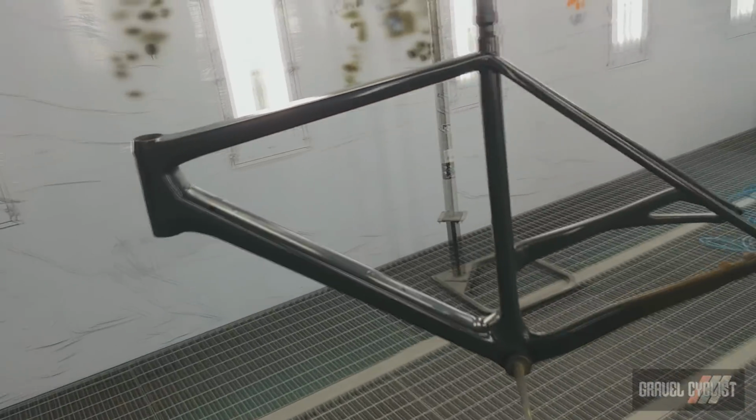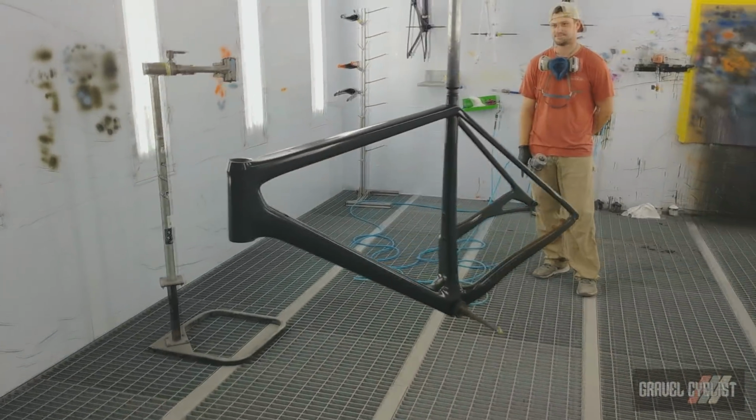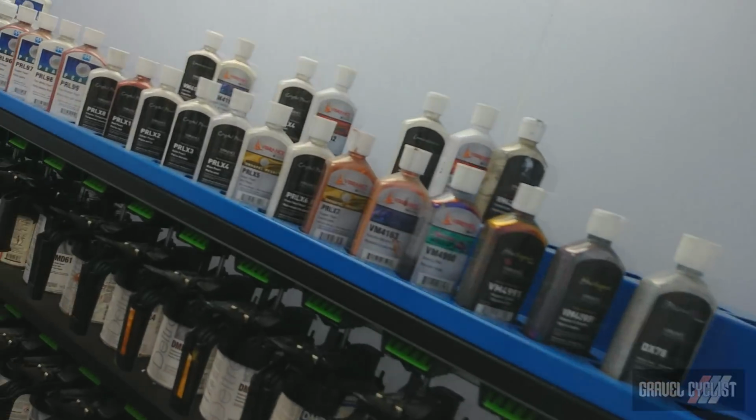We do mix our own paint here. We use PPG automotive paints, and so we have a pretty cool computer. It generally goes by automotive codes, but it'll tell us the recipe